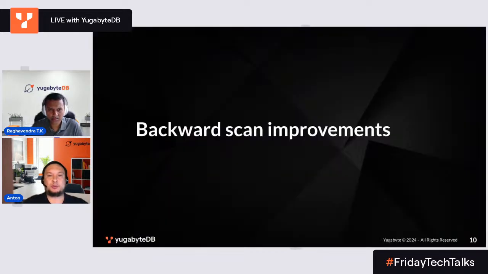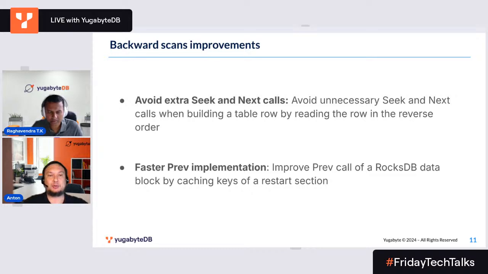Okay, so here we come to the main part. We have two main improvements, and I'm going to talk about them now. First of all, to avoid extra seek and next calls, we can try to build a row from the end to the beginning in the reverse order, just using the prev calls. And another